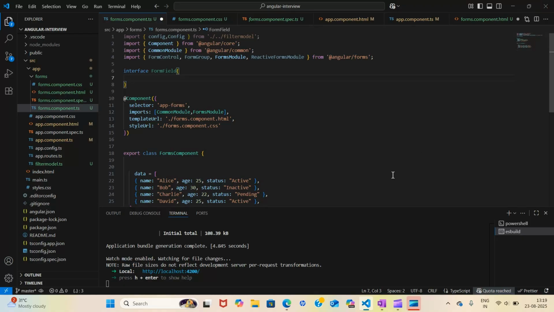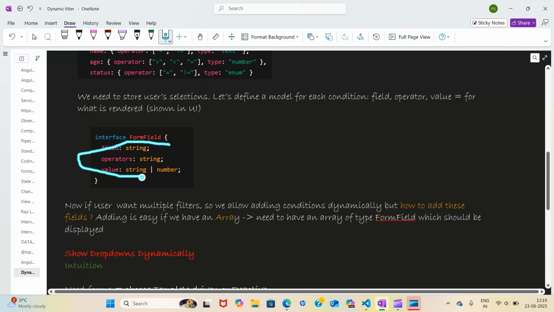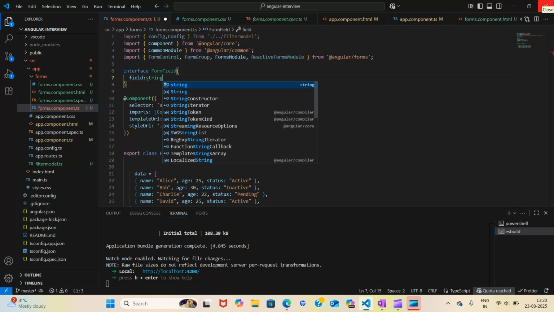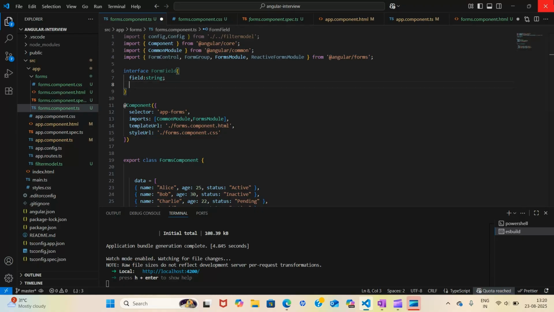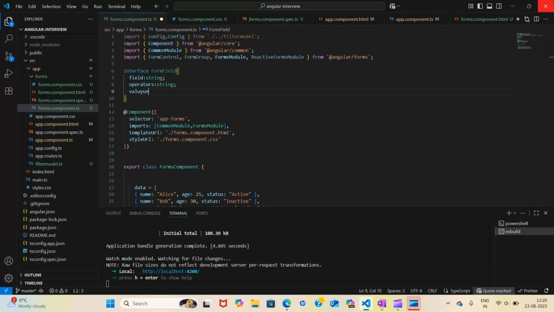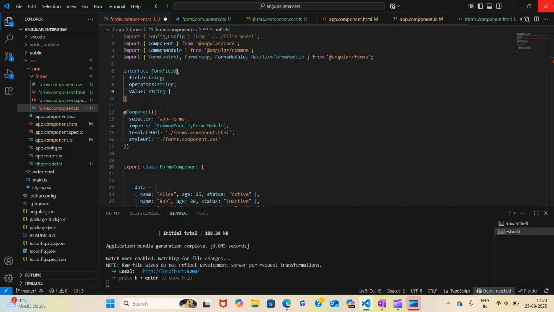This form field will have field, operators and value. So quickly let's code it. Field will be of string type. Then operators will also be of string type, and then value can be either a string or a number.